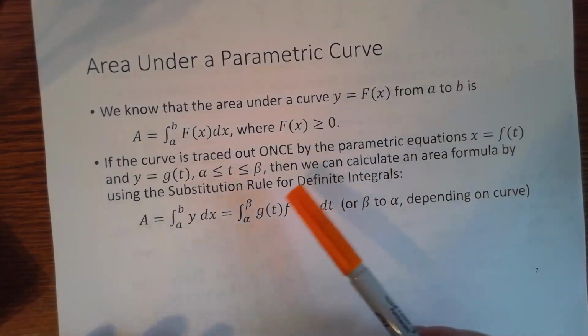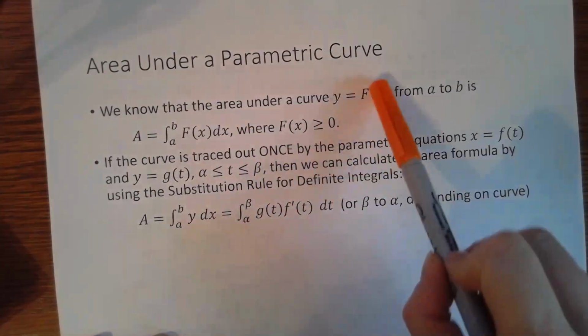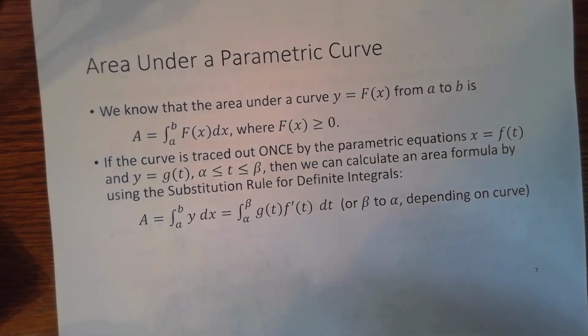We've seen ones where they go around the circle twice, or where there's part of a parabola and it swings back and forth, those things define pendulums actually. So we have to make sure we pick the part of the curve where it only traces it out once, and as long as we trace it out once, then we can calculate the area under the curve